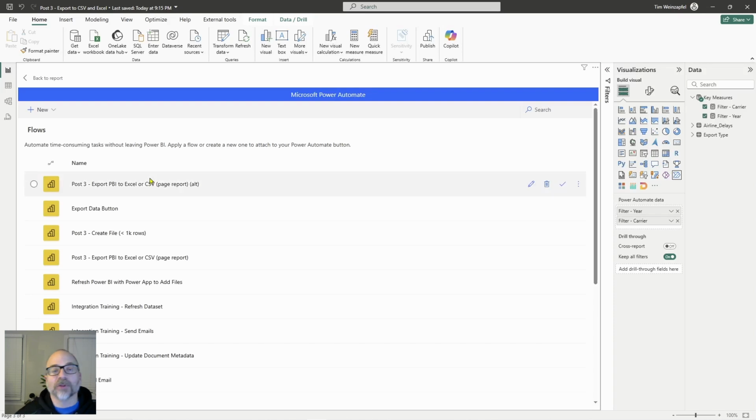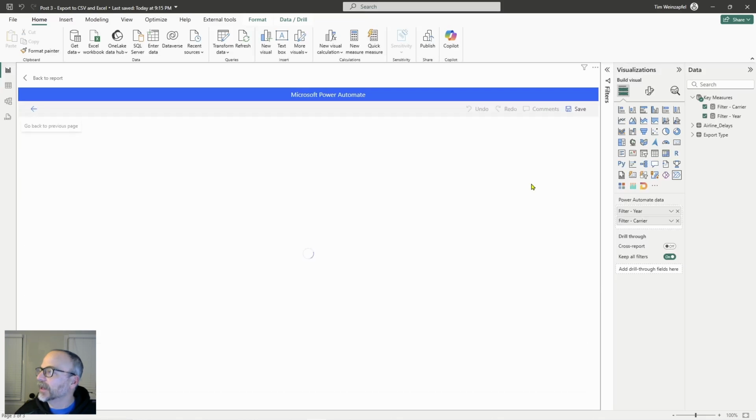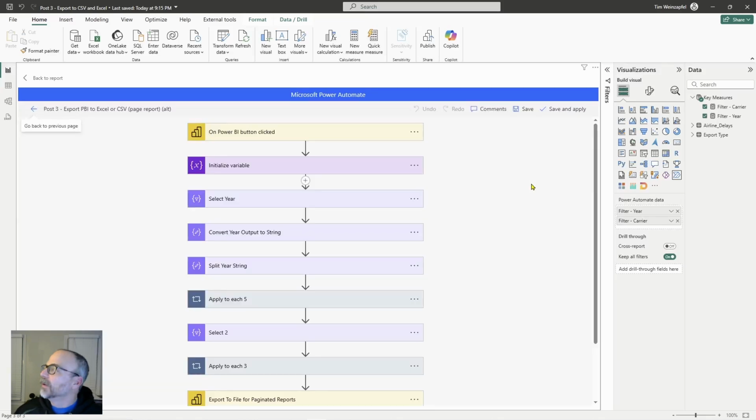And I've already got the flow created, so I'm just going to open this up and we're just going to walk right through every step. We'll go ahead and edit that. All right, so we've got a number of things here, but I'm going to break this down to make it a little simpler. What you're going to see is here's the button, here's the trigger, so the button has been